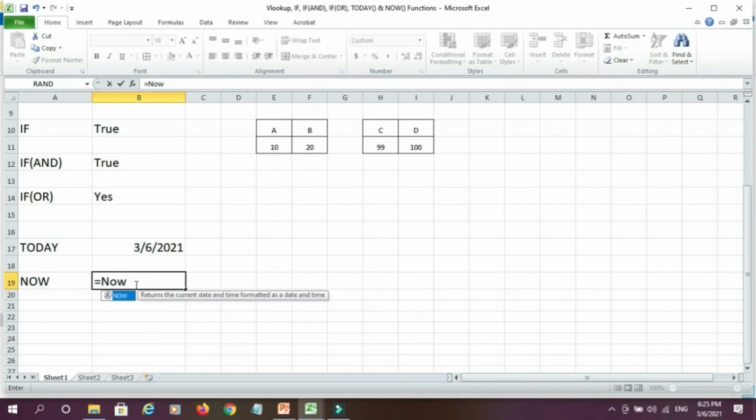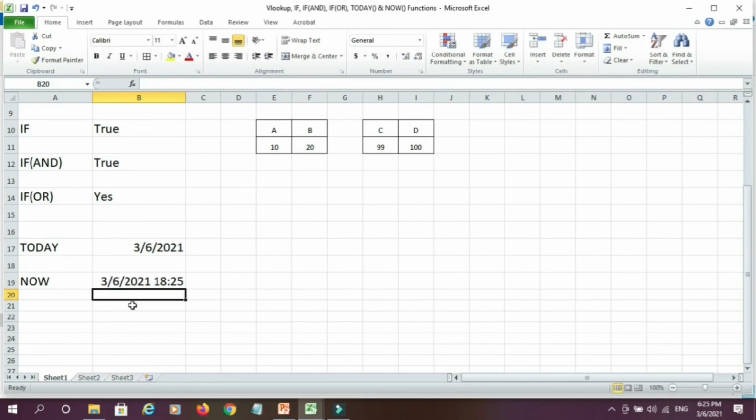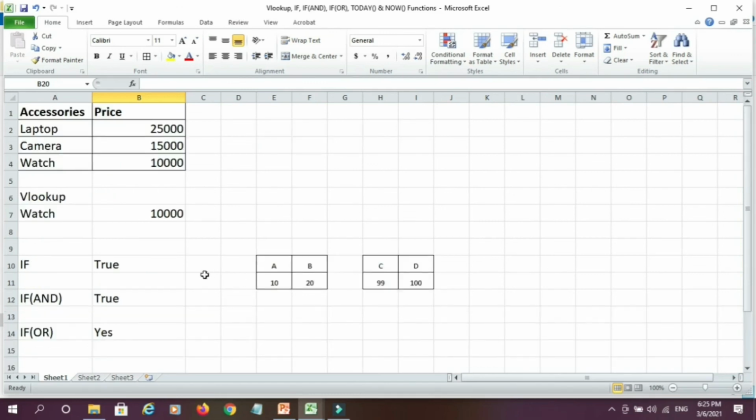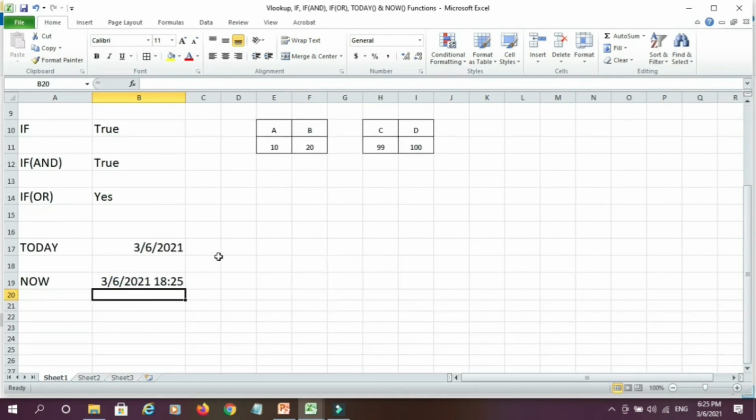Now, tab, bracket close, enter. You can see here it is returning me today's date with time. So this is our now function. So in this way we have seen VLOOKUP, if function, if combined with AND logical operator, and if combined with OR logical operator, today function and now function.